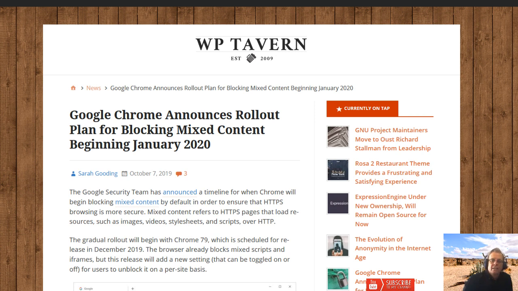conversion links correct. And so what's going to happen though is Chrome is going to start blocking the delivery of HTTP content. Now this can impact you in another way if you show ads on your site from ad delivery networks, because some networks will sometimes deliver HTTP ads while they deliver HTTPS ads. So this is something you're going to want to be aware of, look out for, and make sure you're up to speed on for your website. So make sure you get in there, go check out the article, go check out some of the other information that's out there on the web for this.